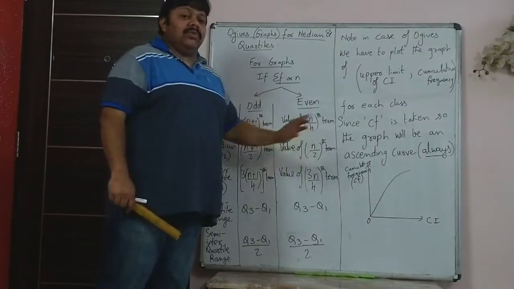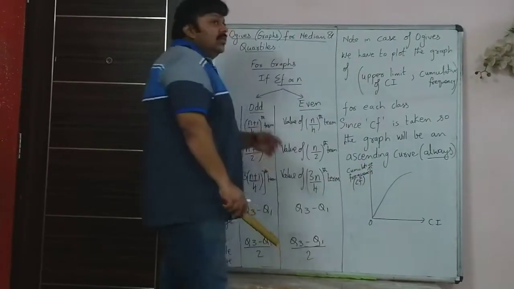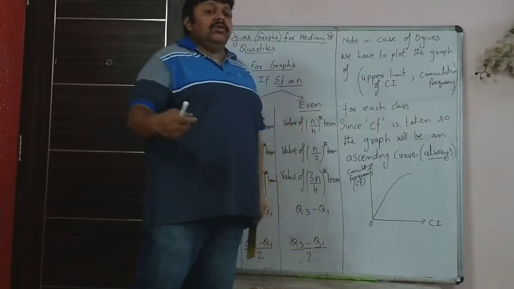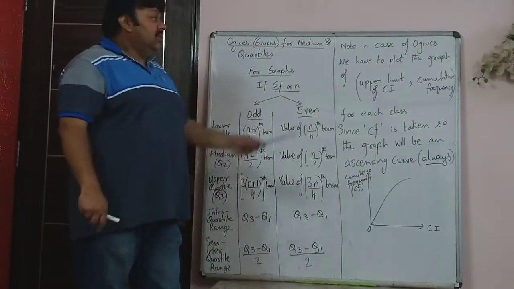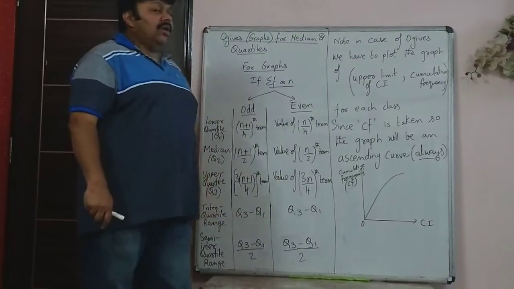So because of that, they make mistakes. If the graph ever goes down and up, that means you have made the mistake of not taking the cumulative frequency, but plotting the upper limit with the frequency instead of the cumulative frequency. All these ogives